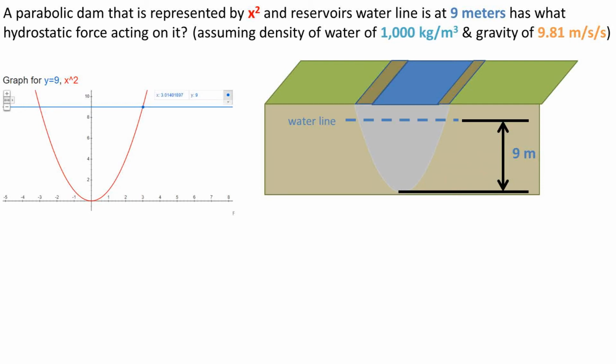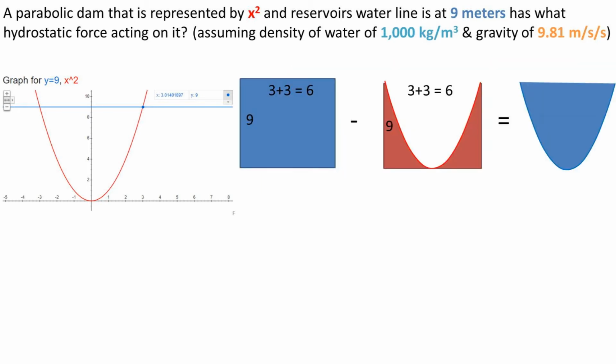A parabolic dam that is represented by the function x squared and reservoir's waterline is at 9 meters has what hydrostatic force acting on it? We will be assuming a density of water of 1,000 kilograms per meter cubed and a gravity of 9.81 meters per second per second. First step, we need to find the area that the water is pushing against on this